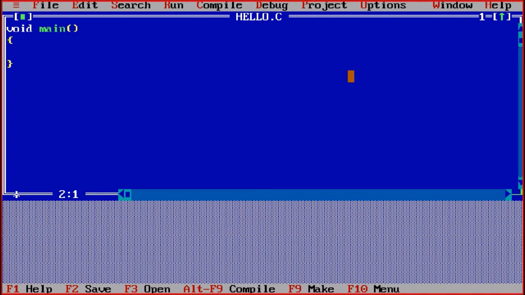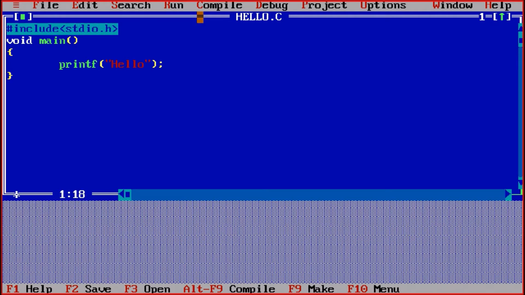Now I am going to use a print function, which is printf hello. So whenever you want to write on the screen, you will write this printf function, and inside that printf function whatever you write in the double quotes will be displayed on the screen. Printf is your inbuilt function, and to use this inbuilt function we use the library which is hash include stdio.h. stdio means standard input output header file.